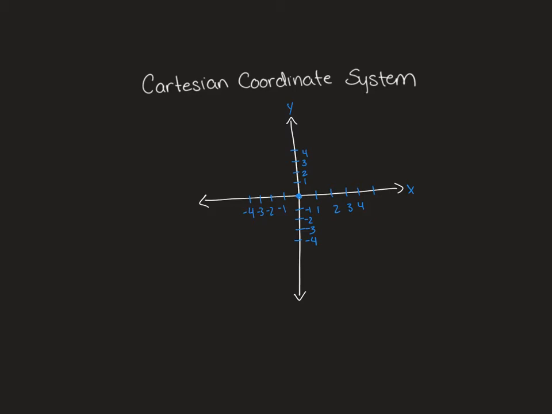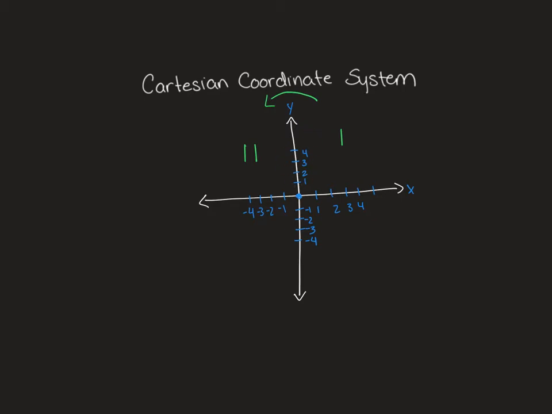Now, there are 4 quadrants created by these 4 arms, and they each have a name. So, our first quadrant is the one that we typically use, and it's usually labeled with a Roman numeral, but you could also write first quadrant. Our second quadrant, we're going to be moving counterclockwise around the circle. So we'll be going this way as we're numbering them. So our second quadrant is here,